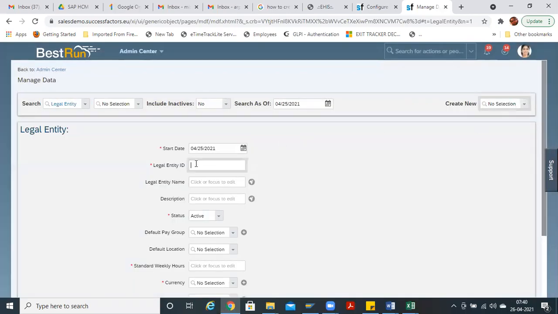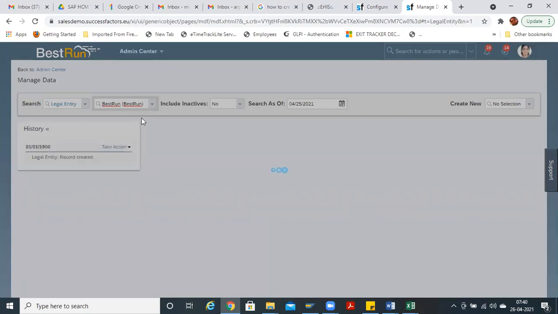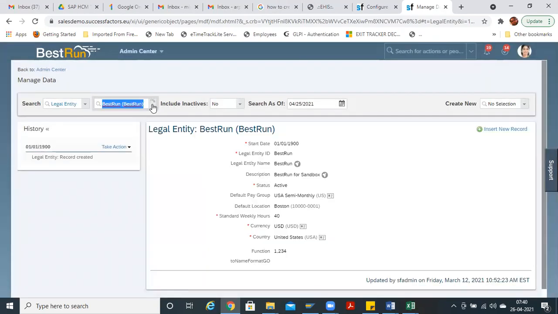You can maintain Tata Group or Mahindra Group, whatever legal entity, root entity, here. If you want to check the existing legal entities, search for legal entity here. See, these are the existing legal entities which are being maintained.